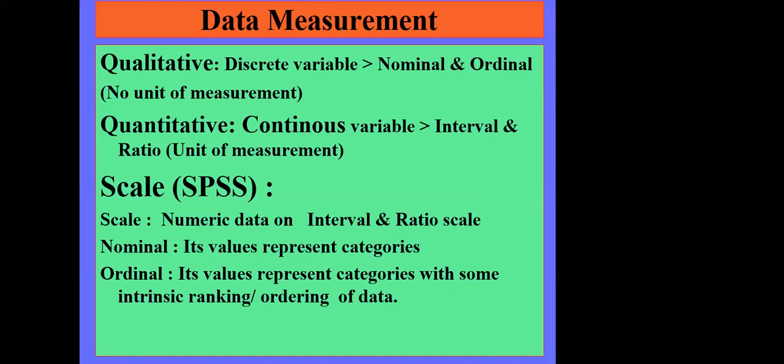Okay. So nominal and ordinal scale, statistically we refer to as discrete variable. Mainly it is qualitative. Whereas interval and ratio scale, statistically we call it as continuous variable, which is quantitative in nature. So the difference between qualitative variable and quantitative variable is that there is no unit of measurement in qualitative variables and there is a unit of measurement in quantitative variables. So make sure, because there are different methods we use for qualitative data and for quantitative or continuous data.